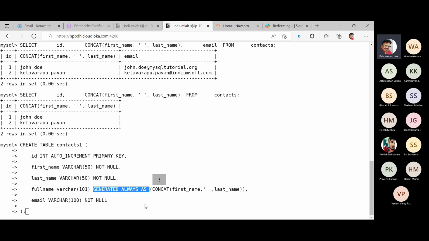Okay, so maybe the marks, or maybe you can generate some other kind of values from the existing columns. So you need not worry about an explicit computing process. Rather, you can enjoy the benefit of this particular generated column. But this particular case study mentions that